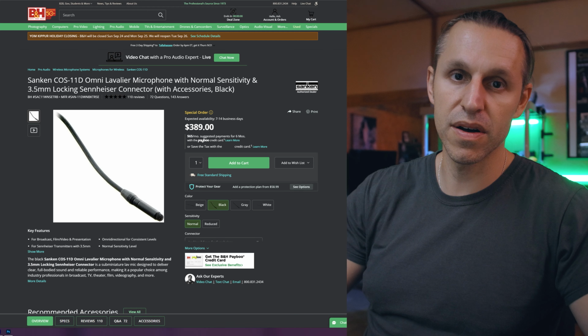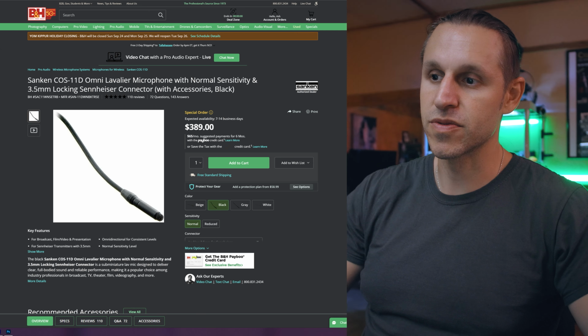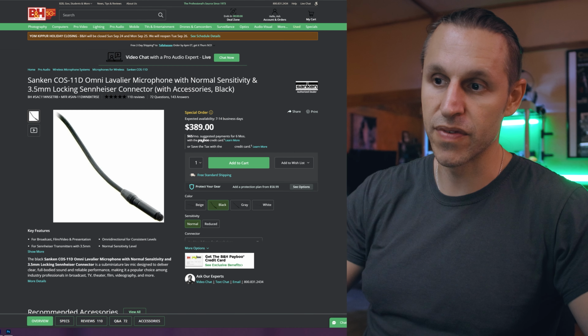So that's what the untouched Zoom F2 audio sounds like with a COS 11 microphone. It's actually a good microphone. It's really improved my lav mics a lot. I've been using the lav mics way more. I do love it. But in general, still, a boom mic kind of has this natural tonal quality to it